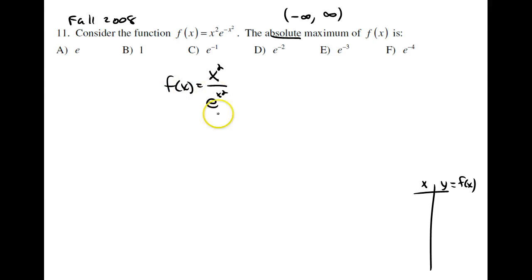As x gets big, the denominator ends up being so much greater than the numerator that it dominates, and as it gets big, the whole thing will get small. So as you approach negative infinity, it goes to 0. As you approach infinity, it goes to 0. So when it comes time for critical numbers in between,